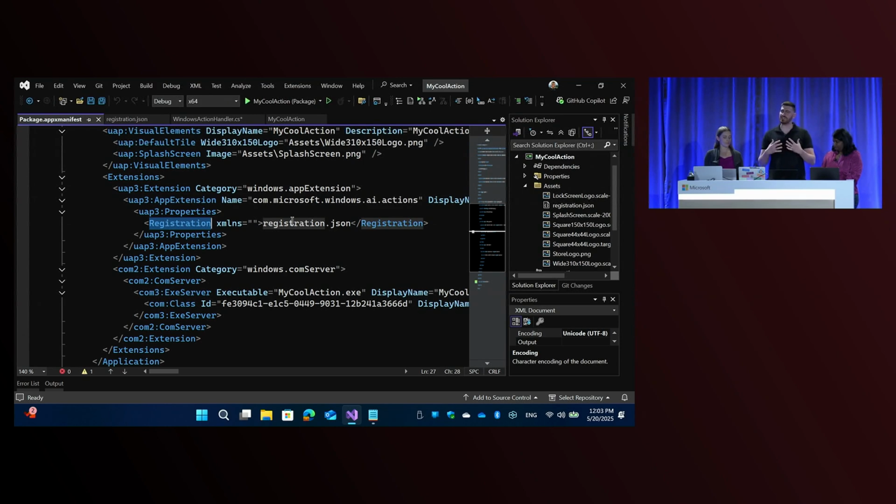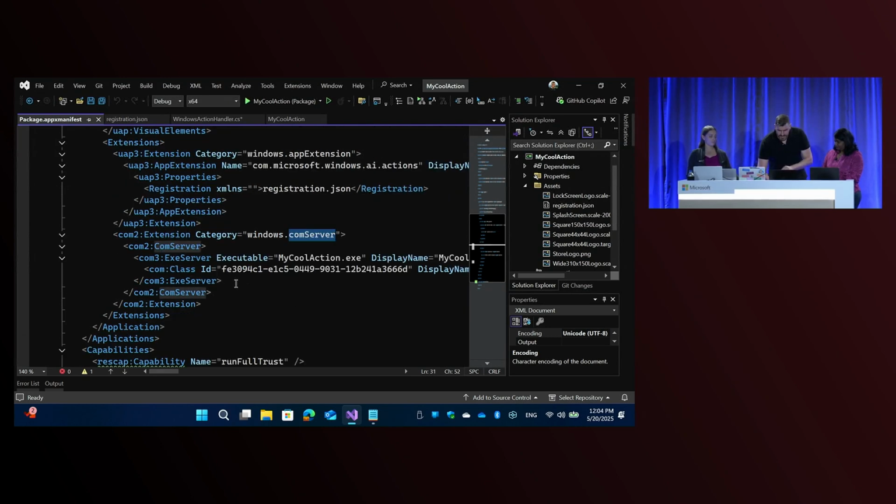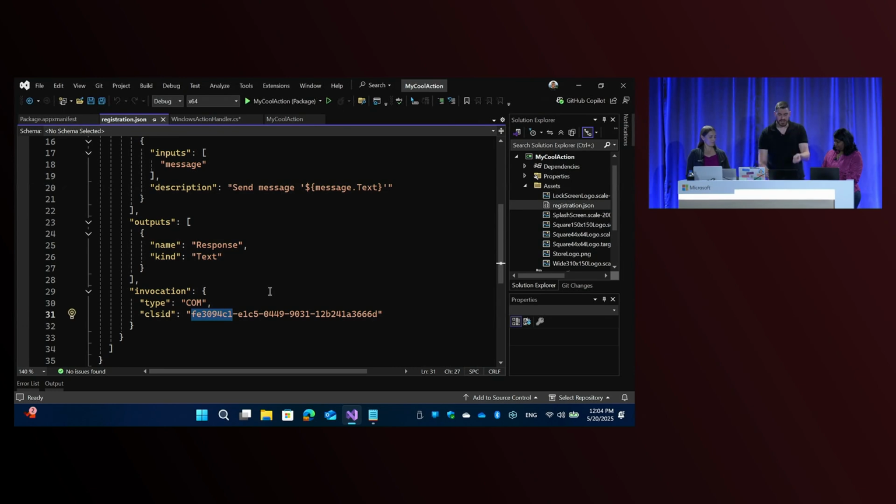So that's the connection, that's how I'm exposing that manifest file out of my application to the runtime, to the Windows Action Framework. And the other thing that I'm doing is creating a COM server, which is within the same executable that I have, and it has this ID that was automatically generated out of the fully qualified name of my class, right? So this ID right here matches, or should match, yeah, right here, this other ID that we have. That's the connection that we have.